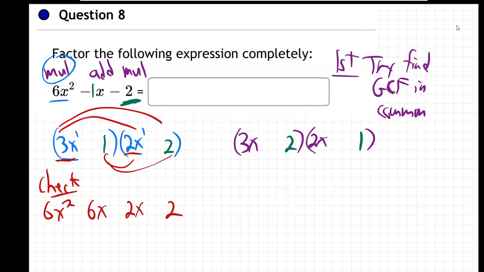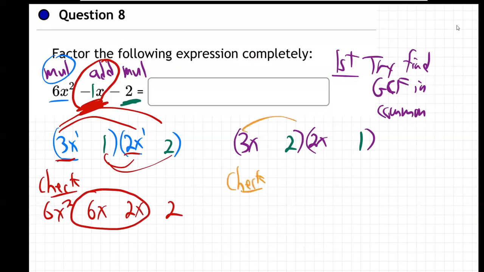Okay, so what am I checking? I'm checking the middle 2. Can those middle 2, the 6x and the 2x, with pluses or minuses or whatever, somehow make the middle term, adding or subtracting, to be -1? No way. 6 and 2 add to be 8. They subtract to be 4. There is no way they're going to make -1 in the middle. This is not possible, which means that's the wrong answer. Let's go over here and check this one. First to both, second to both. What do we get? 6x squared,